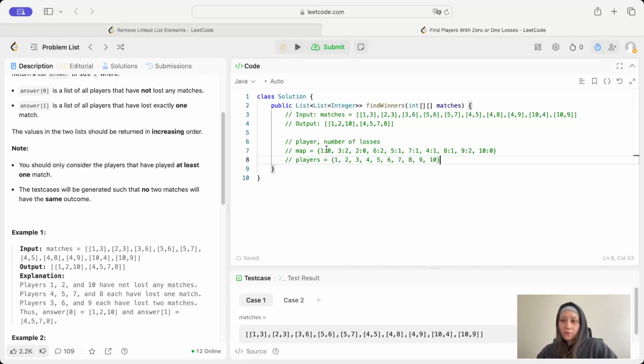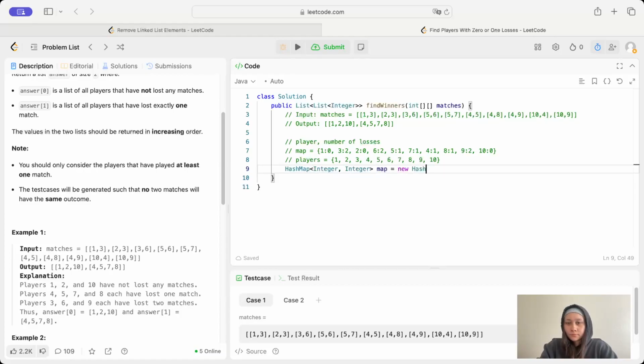And then that way, when we loop through the map, we're going to check each player and process them sorted, because maps don't have a sorted order. So this will just help us keep it sorted, and then we'll add them into our output already sorted. So let's start off by initializing our hash map. And that's going to be integer,